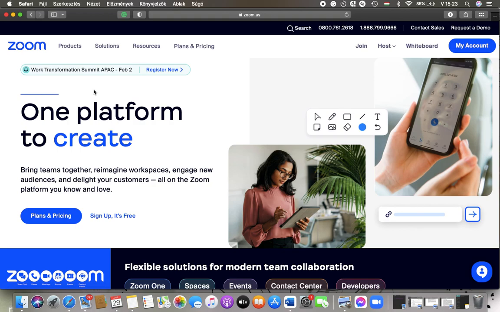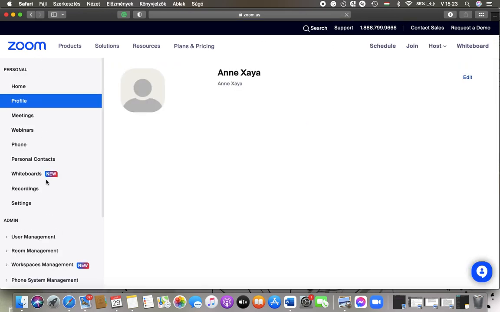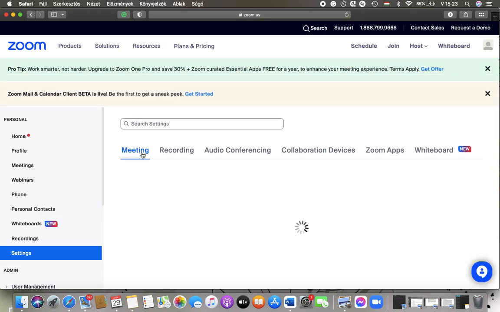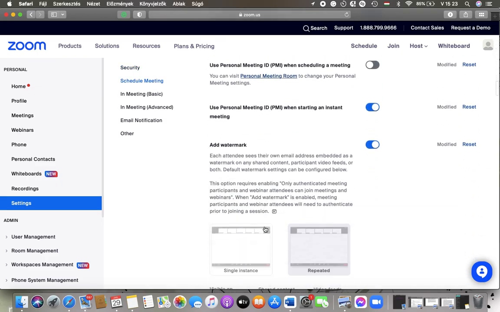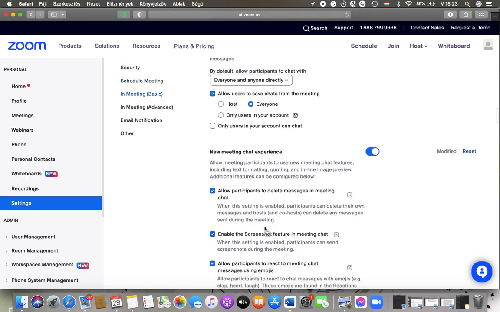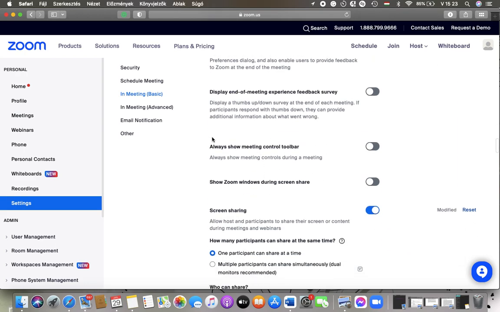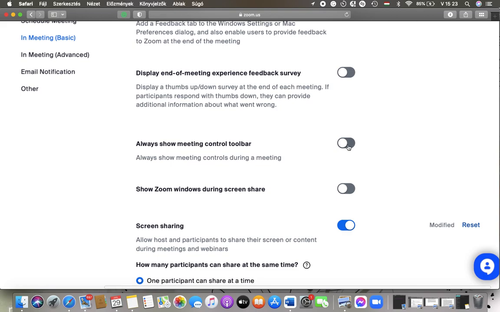First of all, open the website on your device and tap on the My Account button in the upper right corner of the screen. Go to the left side column and tap on Settings. Go to the top and click on Meeting and scroll down to the In Meeting Basics section. And here you can find the Always Show Meeting Control toolbar section that you can turn on by tapping on this button, and then the meeting